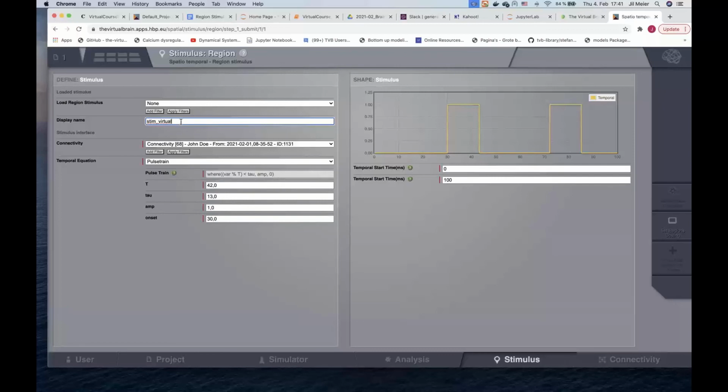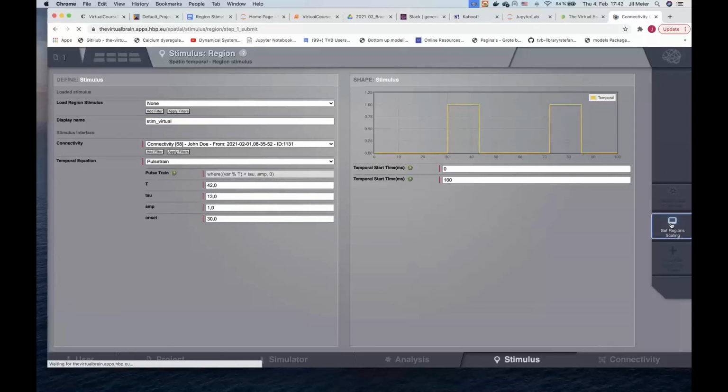I just wrote a name here. So please follow me with it. Just give it any name. So it will look like this. We don't change that, and we will set region scaling on the right side here. So this here defines the pulse train with the parameters, with this connectivity, just as default mode, the default network,